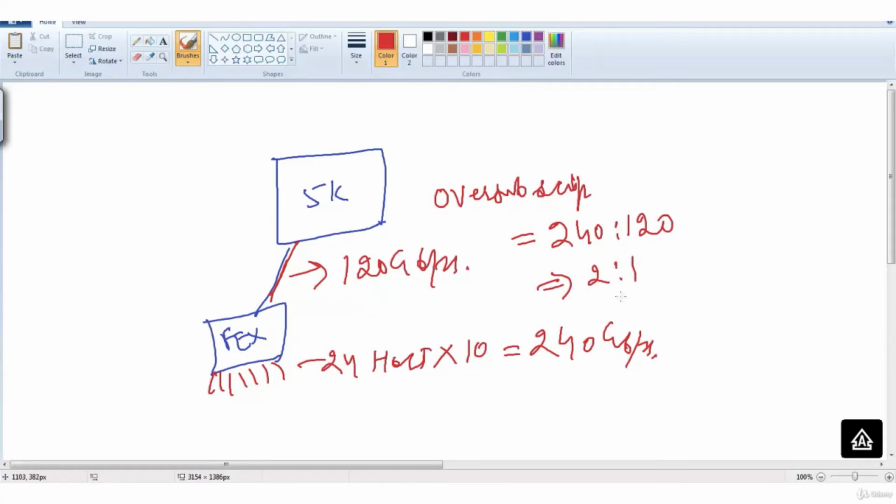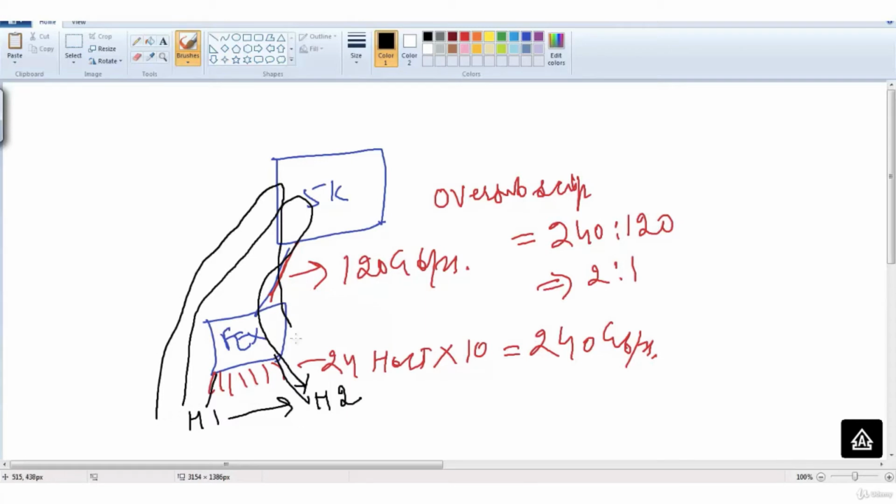And also remember one thing. You have a host connected here, H1, and one host connected here, H2. If this host wants to exchange some data with host 2, this data will not go like this. It will go like this, to the parent, and use this data plane. Whatever exchange of data happens, whether broadcast, unicast, whatever, everything gets sent to the parent.